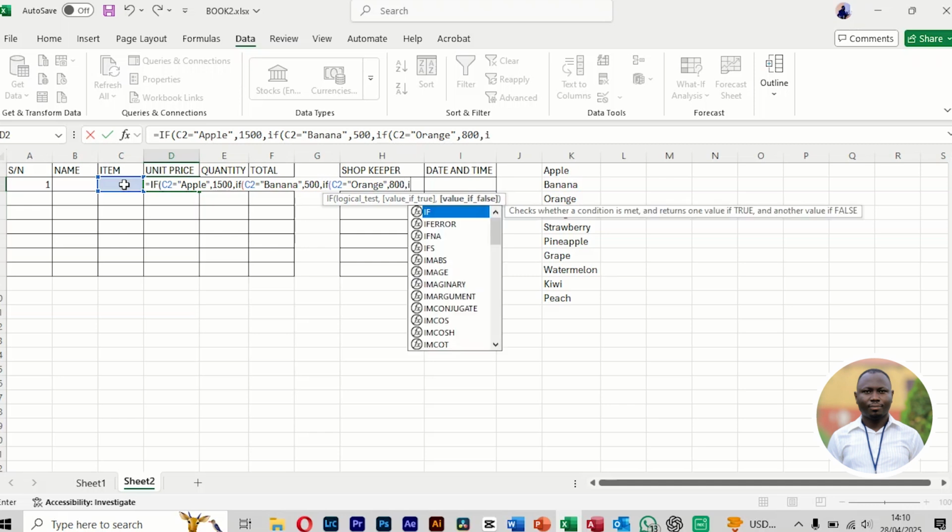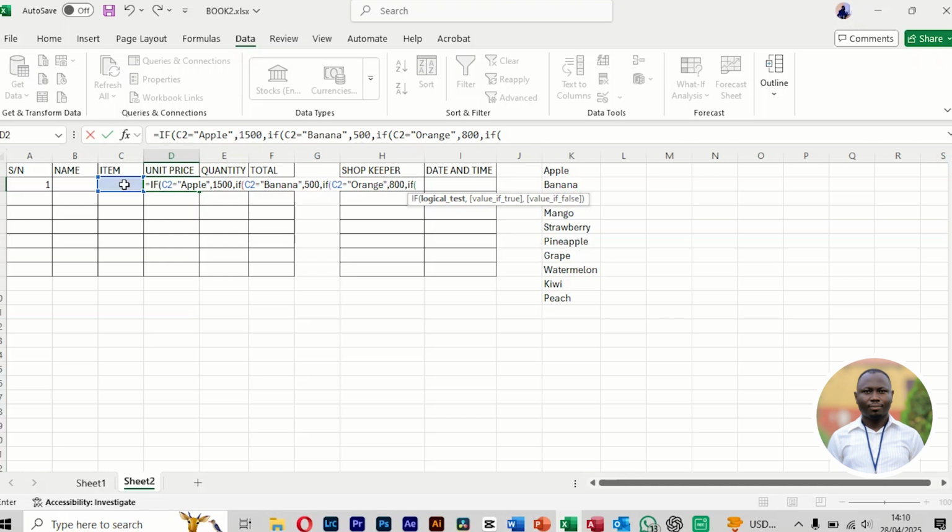comma, if open brackets, my C2 equals to open quotation mango, close quotation, comma, mango is how much? 2,000, comma, if open brackets C2 equals to